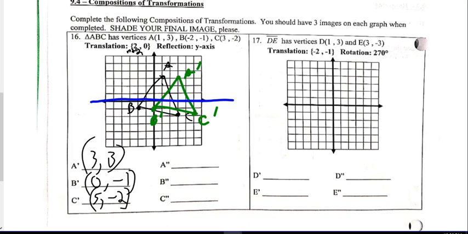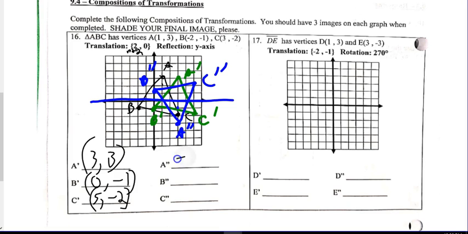C prime is 2 below. C double prime is going to be 2 above. A prime is 1, 2, 3 above. A double prime is going to be 1, 2, 3 below. And B prime is 1 below. B double prime is going to be 1 above. And there we go. So now when I write those out, A double prime is at 1, 2, 3, 1,